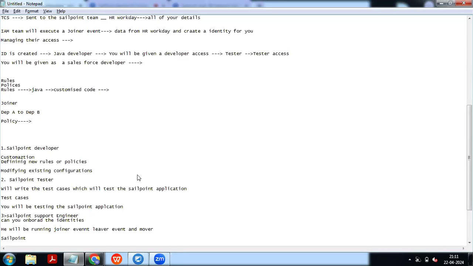Suppose I am a developer, but I have got the manager access. That is an access violation. That can be due to a policy violation or a technical glitch. Somehow I have got manager access. That could be a potential violation.